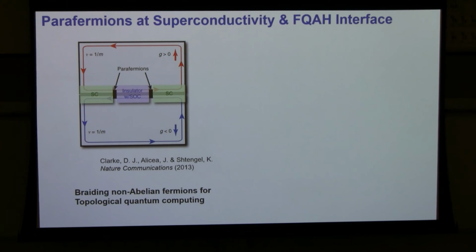And there's another opportunity that got opened up because people were thinking of engineering exotic quasi-particles, for example, parafermions, by putting superconductors next to a fractional quantum anomalous Hall state, which is a very hard task because you need a strong magnetic field to give you fractional quantum Hall. At the same time, superconductors are killed by a magnetic field. Well, now you can get the fractional quantum Hall physics at zero magnetic field and make it happy to live together with superconductor.